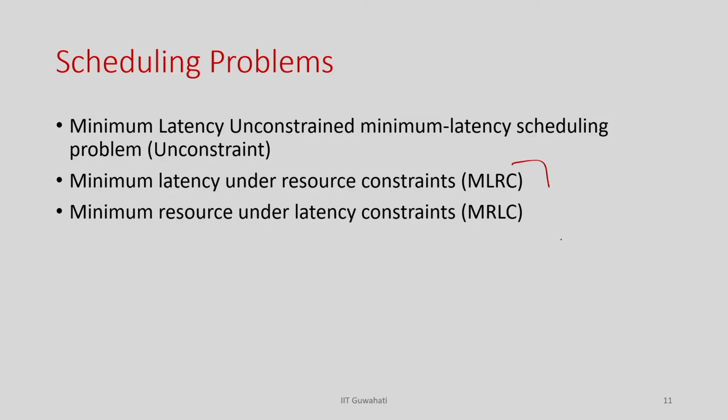In that way there are 2 kinds of problems we can look at in scheduling: minimize latency under a resource constraint, or minimize resource under a latency constraint. These are 2 conventional dual problems, because if you try to use minimum resources, your number of clocks will increase, since the operations have to be scheduled over more time. If your number of resources is less, you need more time, and if your resources are more, you need less time.